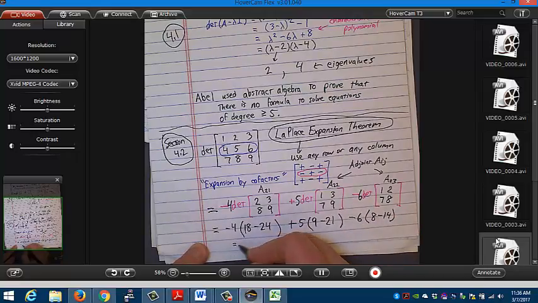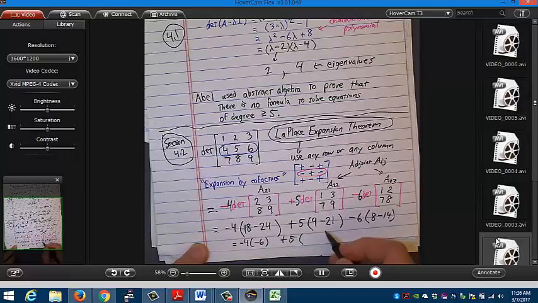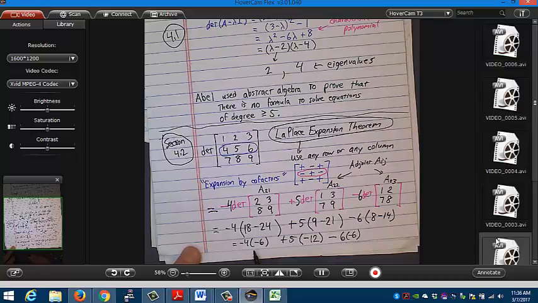Okay, so I get negative 4 times negative 6 plus 5 times, is that negative 12, right? And then I get minus, this is 6 times negative 6. So I'm getting, let's see, that's 36, and that's 24, that's 60, minus 60 from the middle term. Sure enough, I get